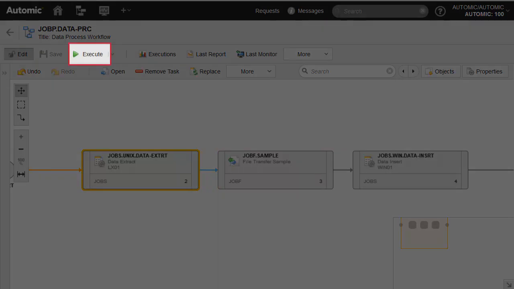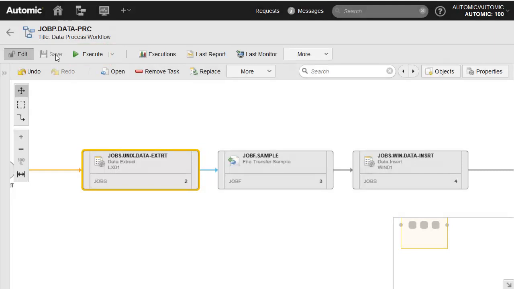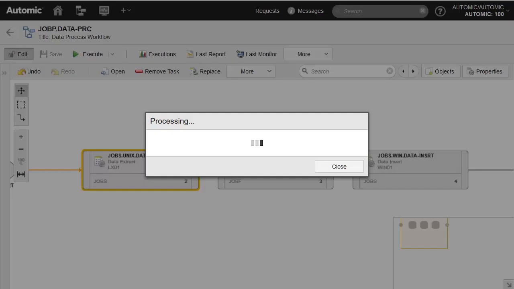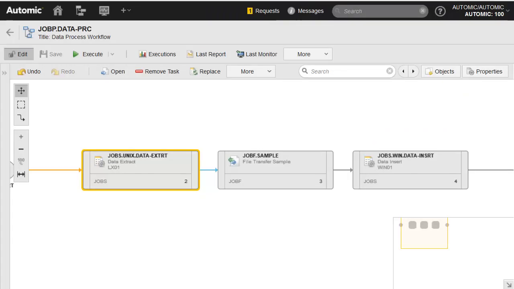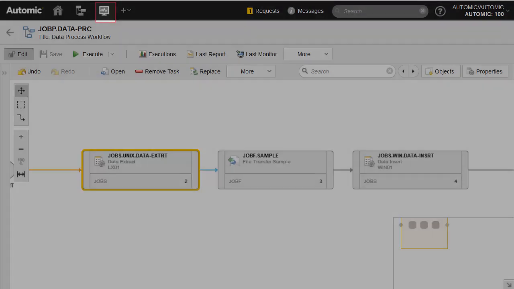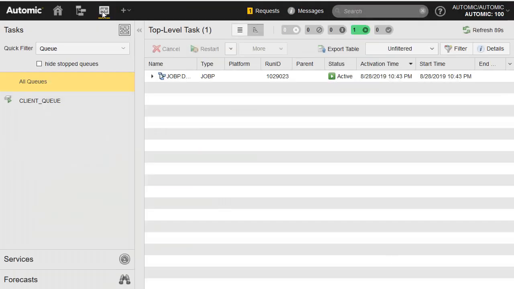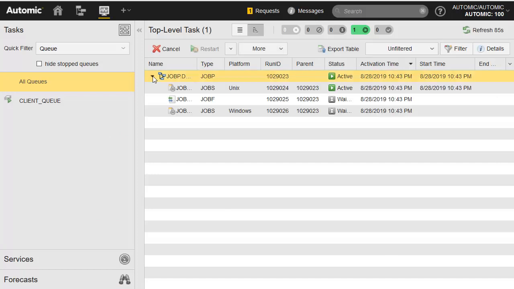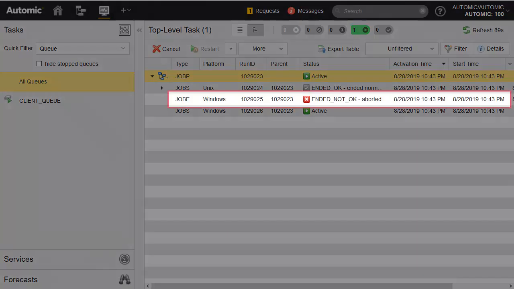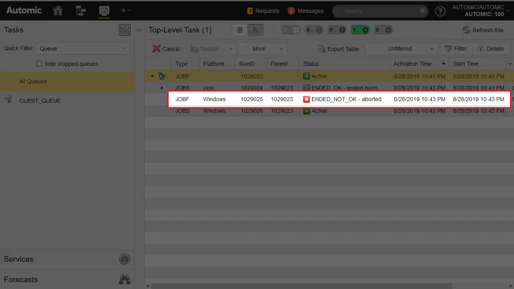We execute and then supervise in the process monitoring perspective. Immediately, we notice that the file transfer failed.